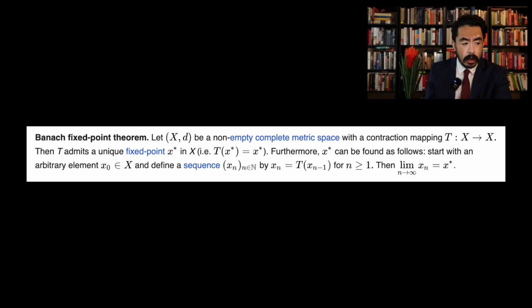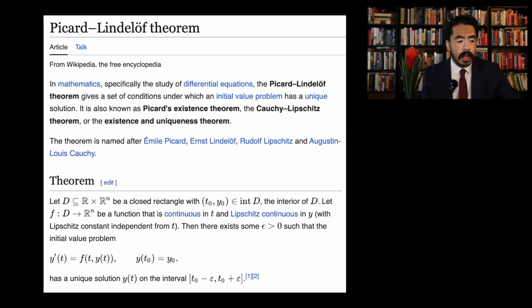Well, okay, we have what's called the Picard-Lindelof theorem, which is named after Emile Picard and Ernst Lindelof. Go figure, right? But it's a pretty important theorem, which gives a set of conditions under which an initial value problem, an ordinary differential equation initial value problem that is, has a unique solution. So when we're talking about real analysis as a branch of mathematics, you do classic Newton's derivatives, differentiation, integrals, you build up to the fundamental theorem of calculus,